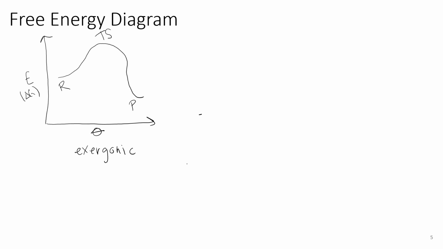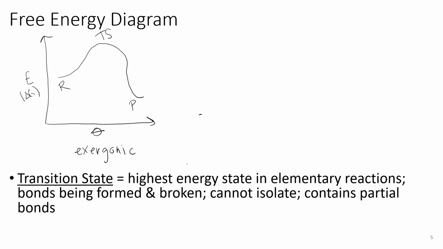This transition state is going to be a high energy state as part of this elementary process of going from reactants into products. The transition state represents that bonds are being broken and bonds are being formed, which is why it is such a high energy state. It's the process of going through bonds broken and bonds formed. So it really contains what we call partial bonds. They're not true bonds, they're not completely formed or completely broken bonds,